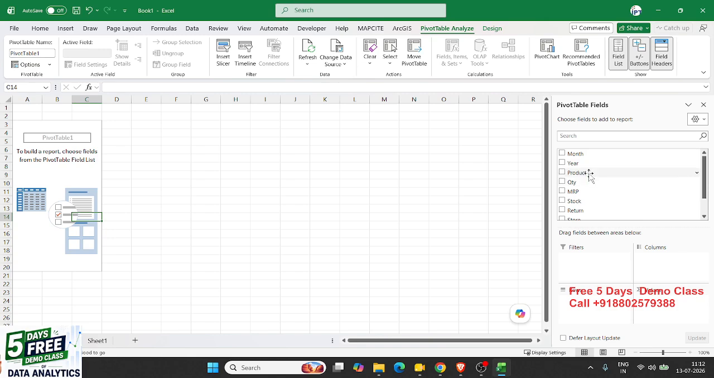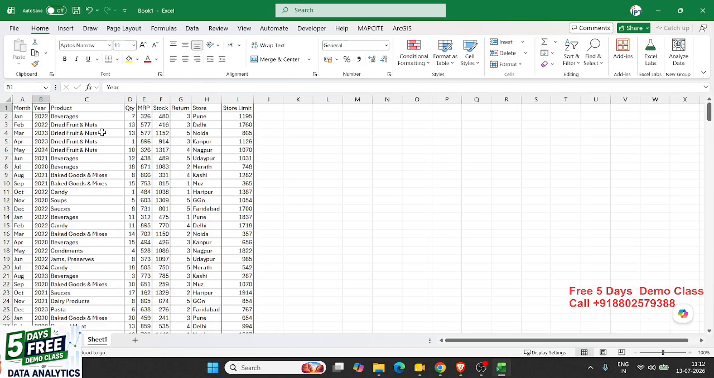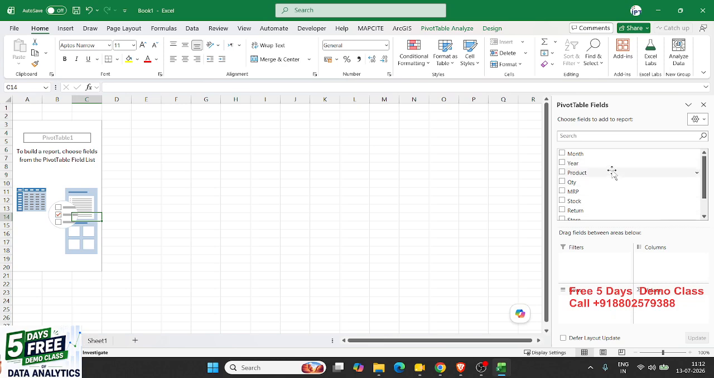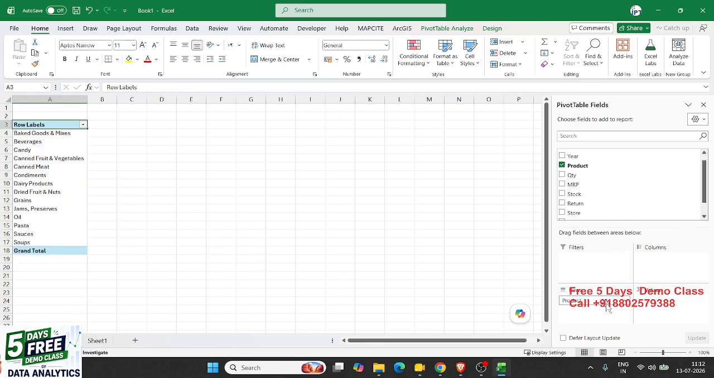So I want the product by total sold quantity, and also MRP, stock, the return, and the total store limit. So we drop the product here, the quantity,